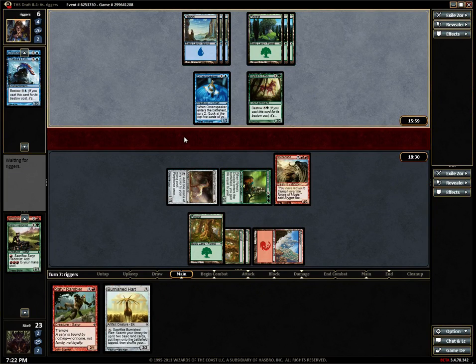Has he missed a land drop? He has not made a land drop this turn. As far as his deck, he probably has Nimbus Naiad. We basically know he has another Griptide. Let's see, Voyage's End. He could have the Leaf Crown Dryad from...